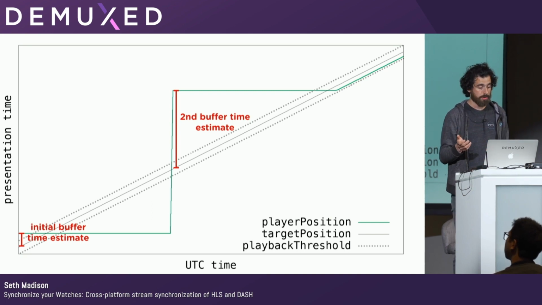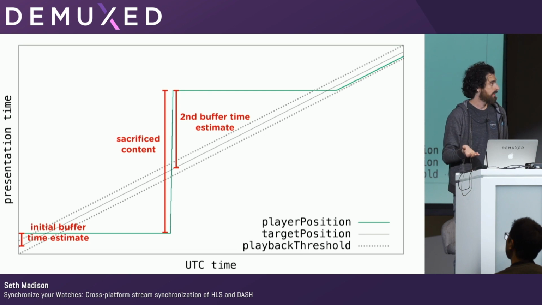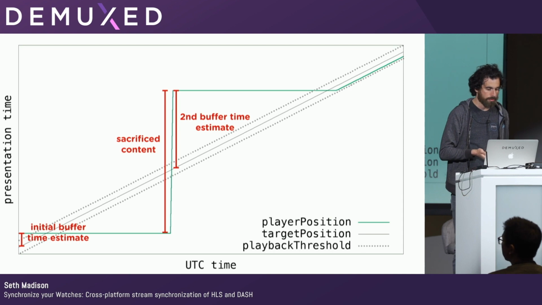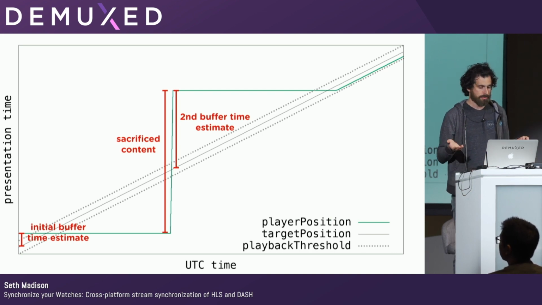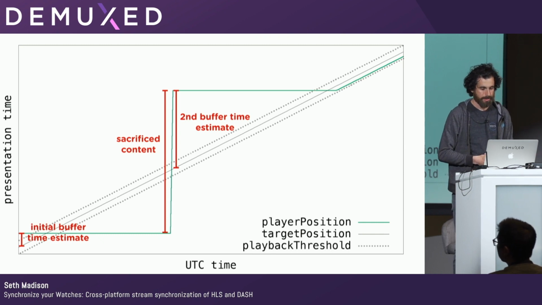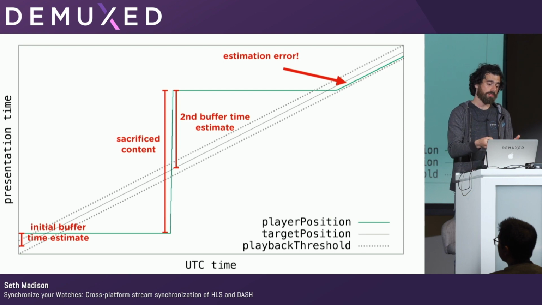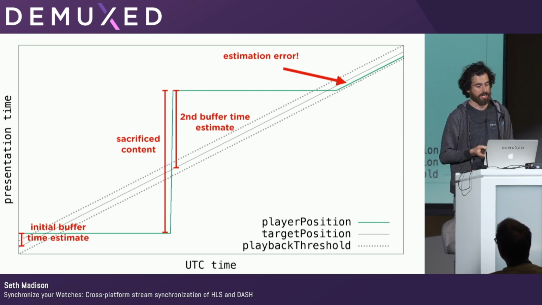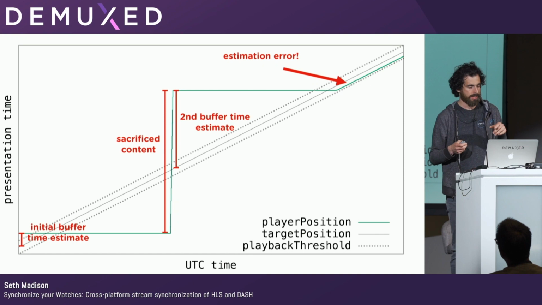So there's one important thing to note here, which is that we sacrificed content. We buffered enough video to play, and then we had to drop that video on the floor because we were outside our threshold, and we want to be in the party. So what that means in real terms is that we're increasing our startup latency with this approach. But we think it's worth it because it's fun to watch video with your friends. So another thing to point out here is that there was some estimation error. We didn't exactly hit the nail on the head,